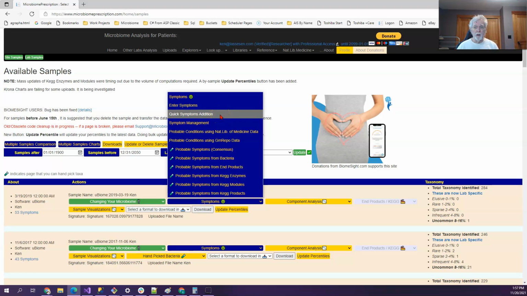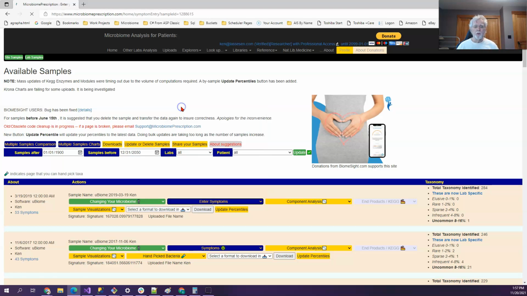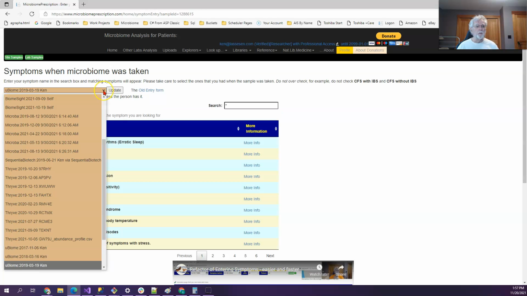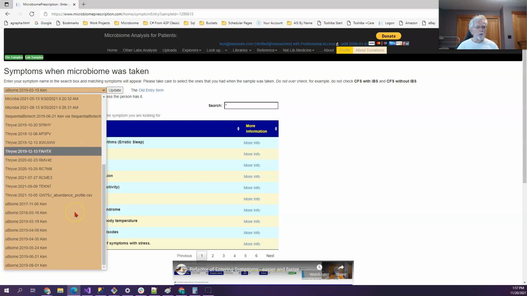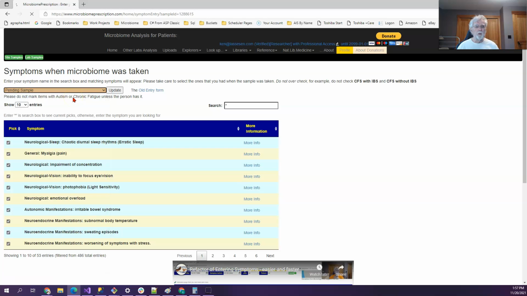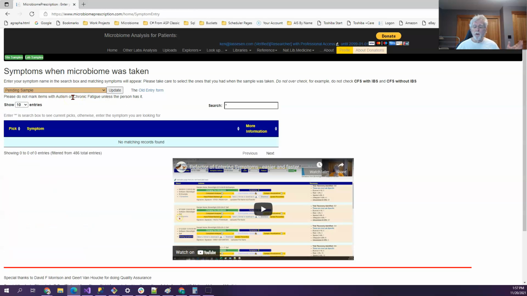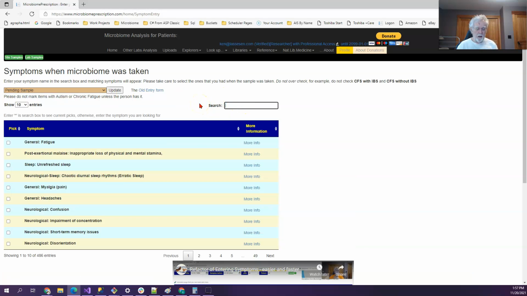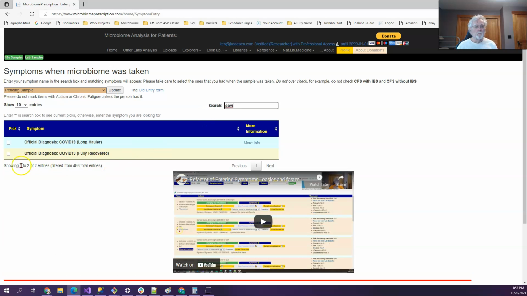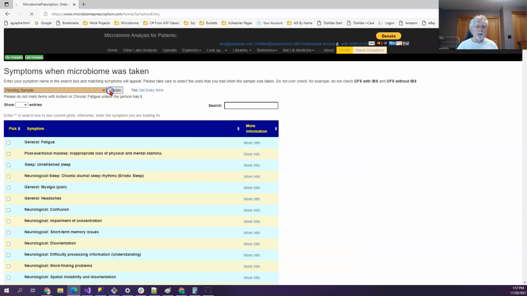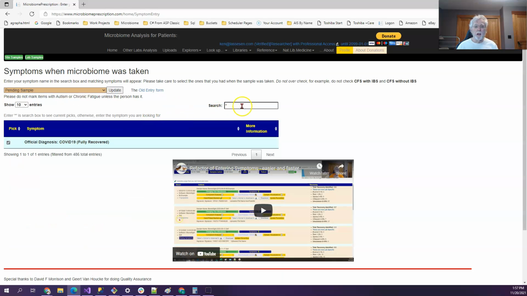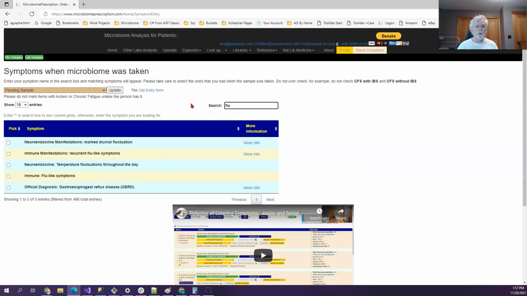Will not work for pending because there's nothing to infer your symptom is from. There's no bacteria. So it has to go into enter symptoms, go up here, and if you go to the very top, pending samples, and you got nothing there. So you can go and put in something like COVID, mark that down, update. I could go in and try something like flu,